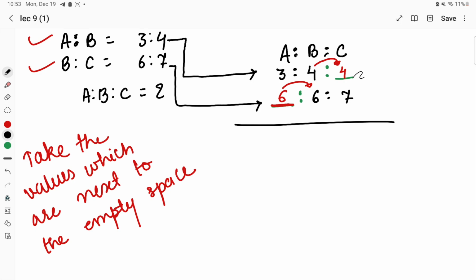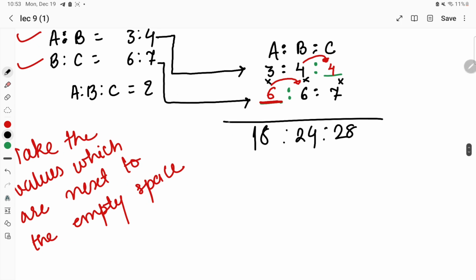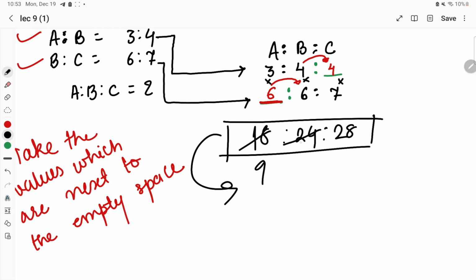Okay, so this was the second step or the second rule. Now the third thing we have to do is simply take the multiplication of the first value with the second, the upper value with the lower value. Okay, 7 4s are 28, 4 6s are 24, 6 3s are 18. This is the ratio that we had to calculate. Now whatever the ratio is, check whether we can cancel it, or we can take it in the reduced form. Here we can take 2 9s are 18, 2 1s are 2, 2 2s are 4, 2 1s are 2, 2 4s are 8. It means 9 is to 12 is to